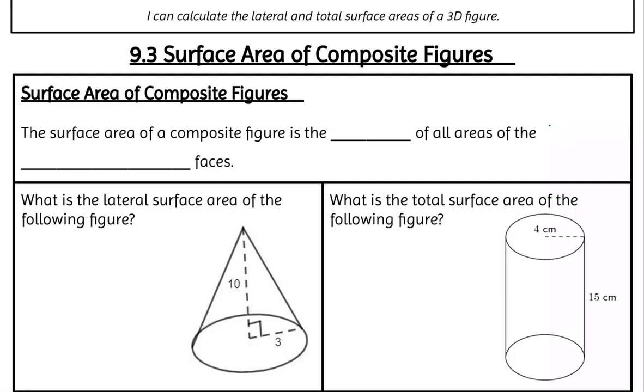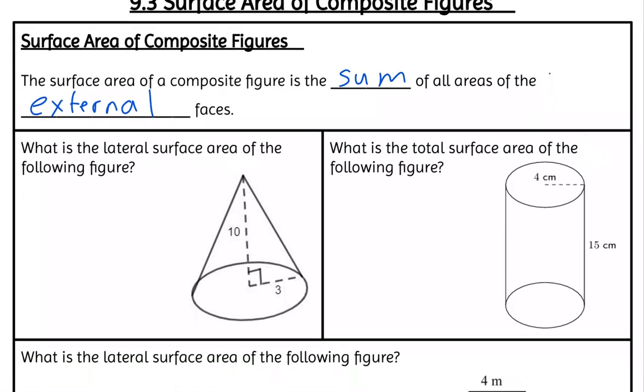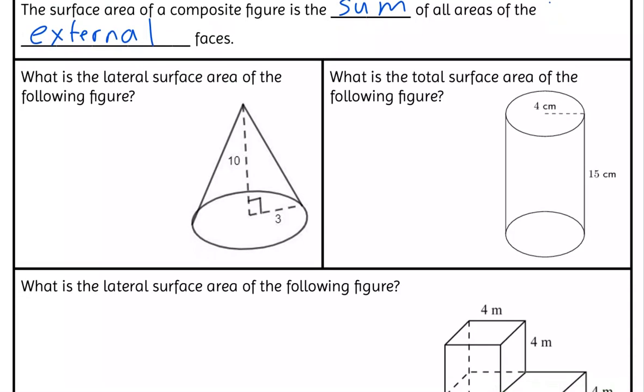So surface area of a composite figure is the sum of all the areas of the external faces. So all the faces on the outside. So now it says, what is the lateral surface area of the following figure? Well, this specific figure right here is not a composite figure. This is just a cone, but I want to make sure that we understand how to work with